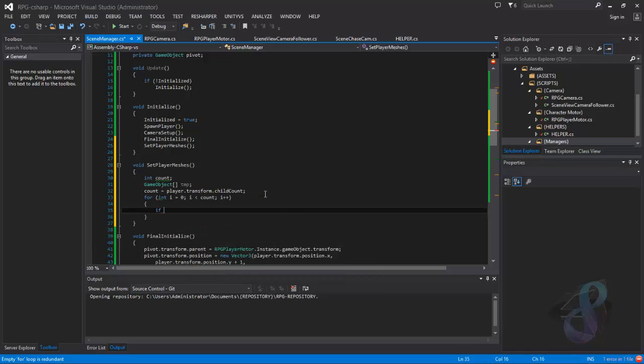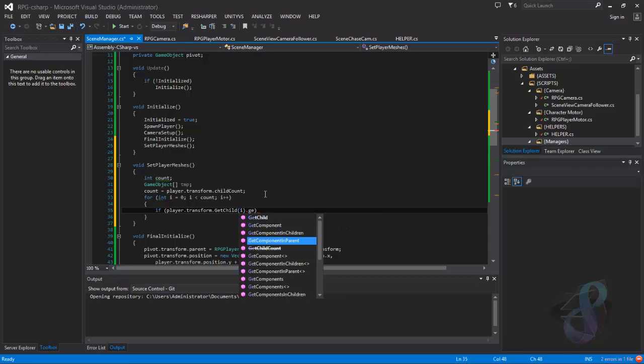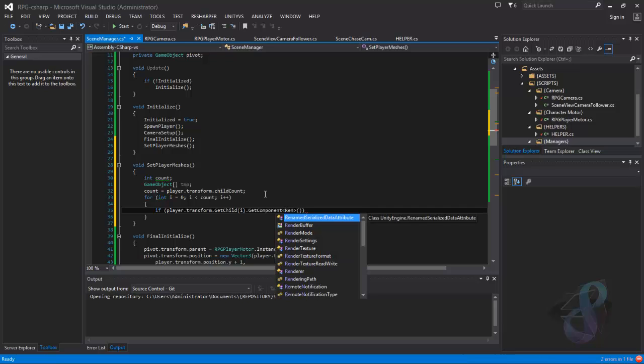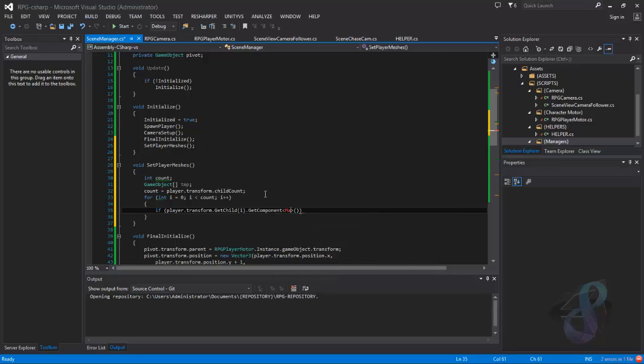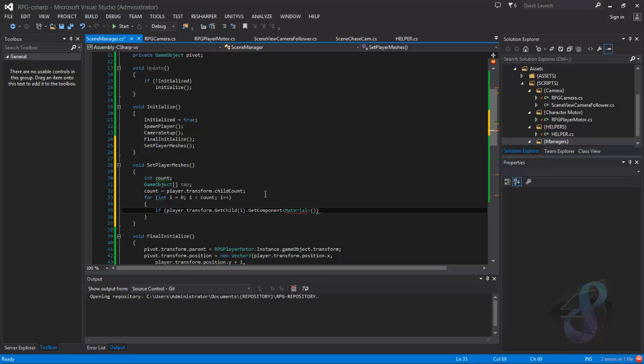Say if player transform dot get child, and it needs index of i, dot get component of renderer, or even better material dot mesh renderer. Okay, we say